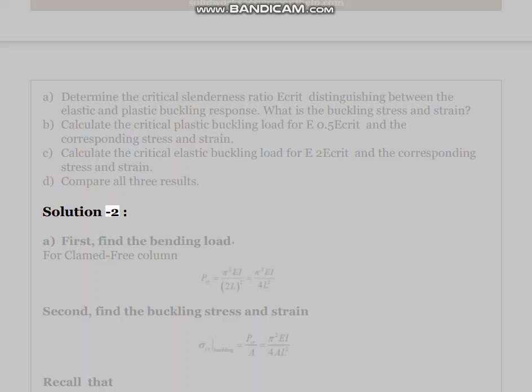Solution 2. A. First, find the buckling load for the clamped-free column. Second, find the buckling stress and strain. Recall that